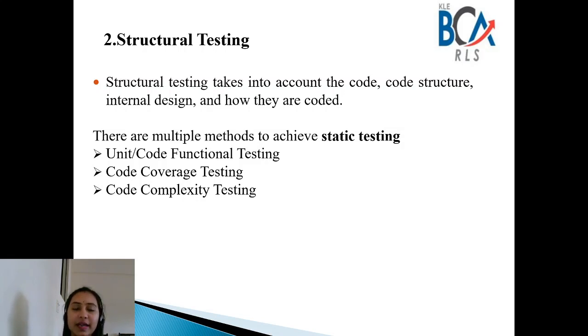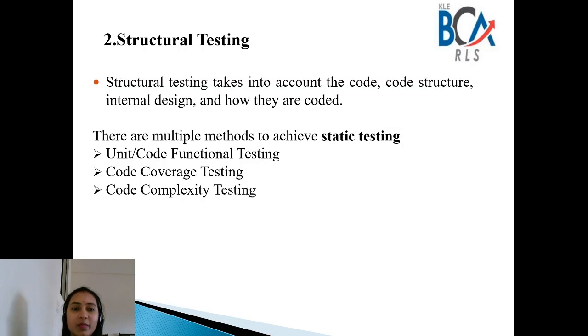For example, take your database schema or your whole database system, where you can see all the database tables, the table names, the attributes, the data type of each attribute, the schema constraints, and the relationships between the tables. All these you consider in structural testing.